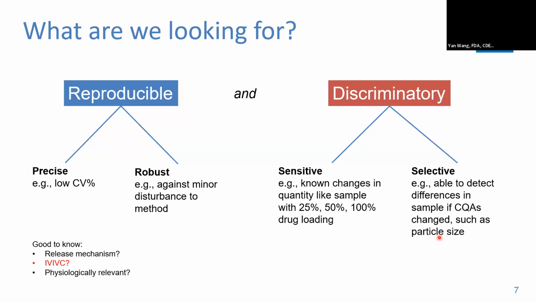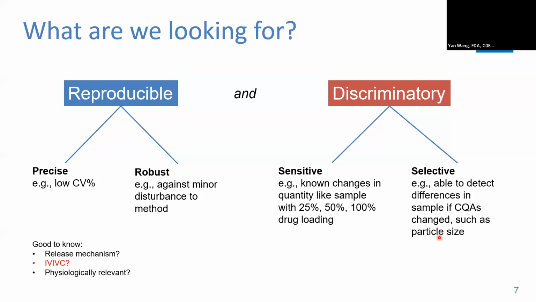Another critical part of the IVRT validation is to demonstrate discriminatory ability, to show the method is sensitive. So you could develop a target formulation and also another set of target formulations with known changes, such as the quantity of drug loading. Then you could show the method is sensitive to those known changes,